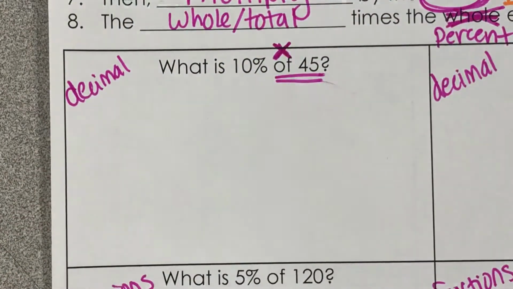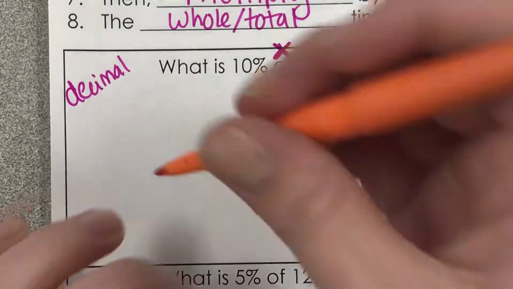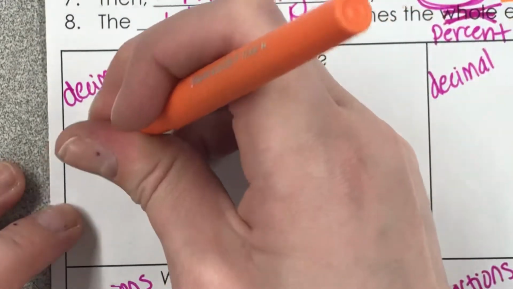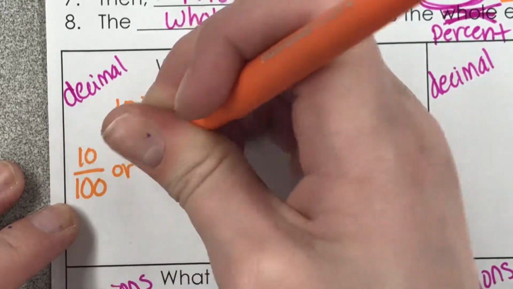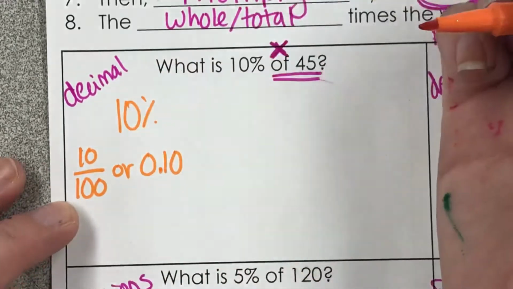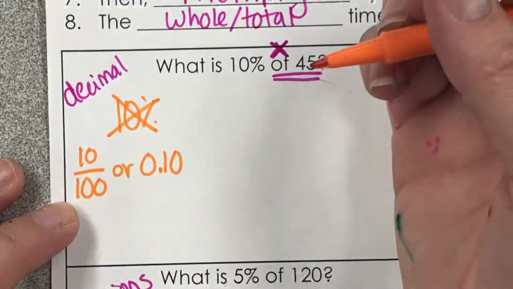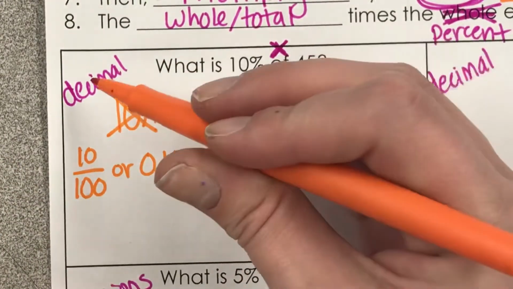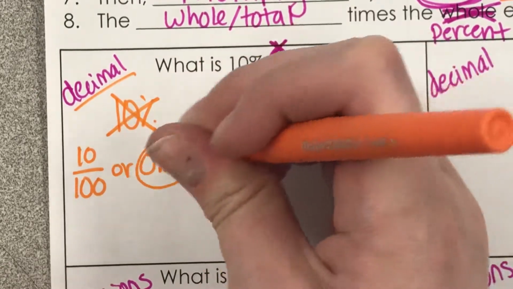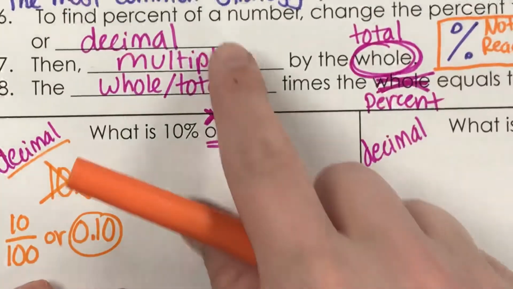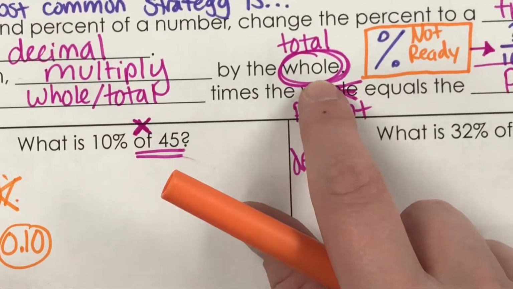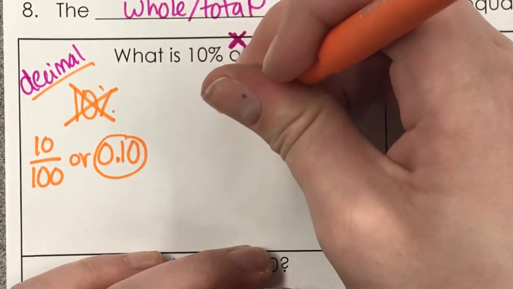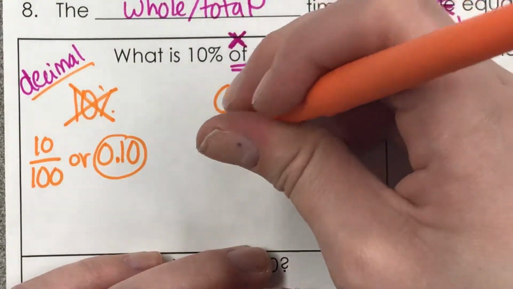So we're going to first set it up. 10%. You can either represent it as 10 over 100 or 0.10. This is not ready. I can't use the pretty percent. It's too pretty. I got to do either a fraction or a decimal. Well, I already decided I'm going to do a decimal, so this is what I'm going to use. I'm going to follow my directions. I'm going to multiply by the total and then get my answer. So I'm going to put 0.10 times